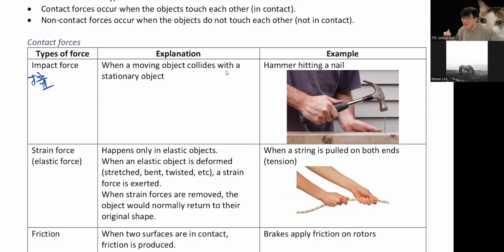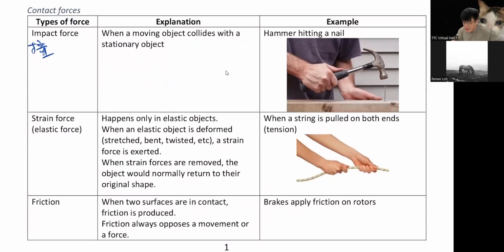All right? Why accident can kill people? Because of the impact. If the impact is too high, then you die. All right? So impact is when things they crash together. When a moving object collides with a stationary object. Okay, if something is not moving, the moving thing crashes into it. So that's an impact. 这个就是撞击力.